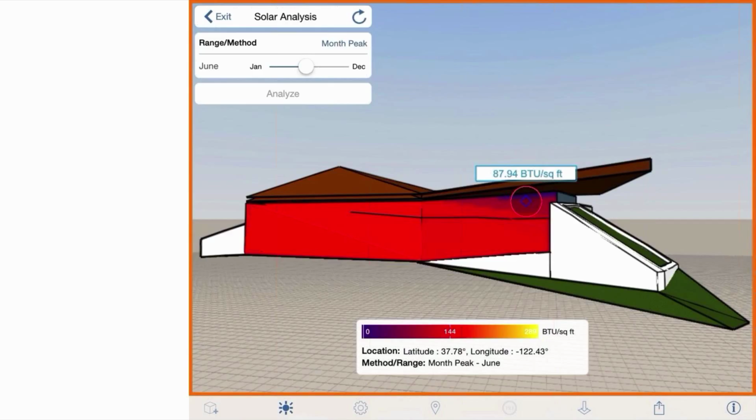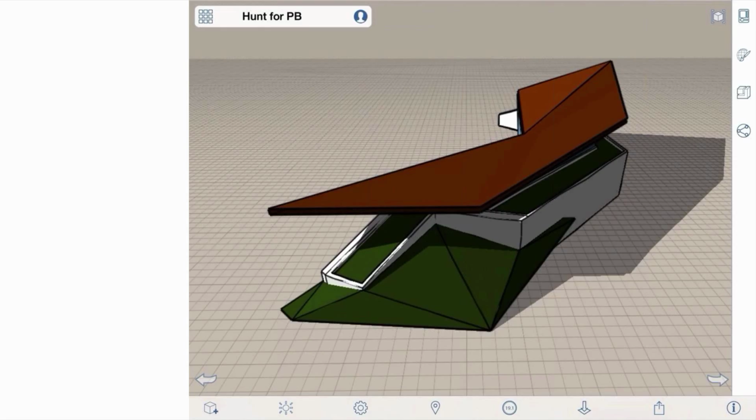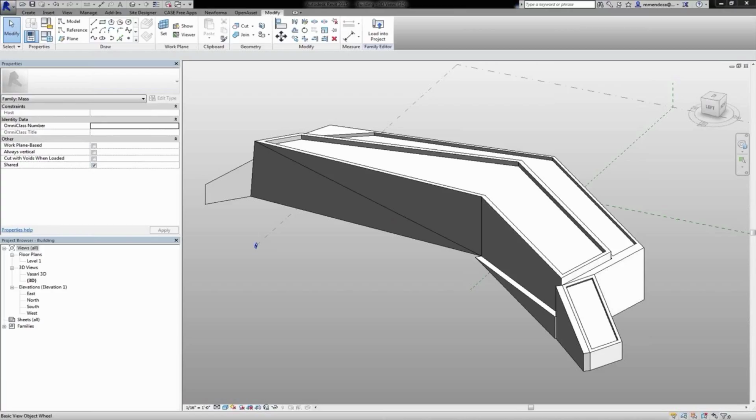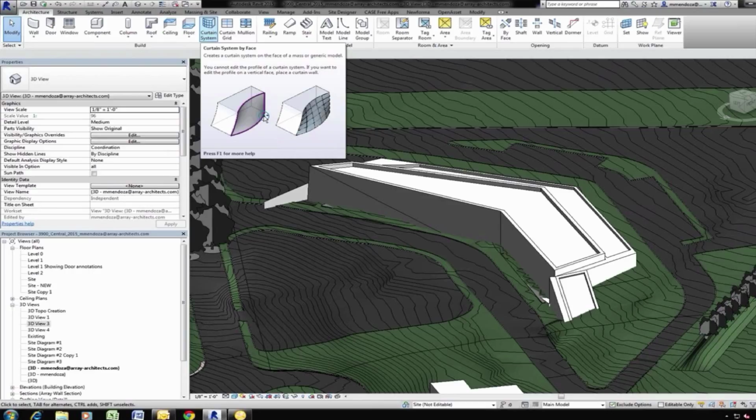And then doing some early solar analysis to start to understand maybe projections around the building, how they can be used as shading devices, and sort of getting to a point where you have a conceptual model that you then want to hand off. So then sharing that model through 360,